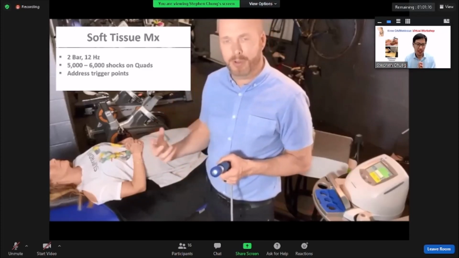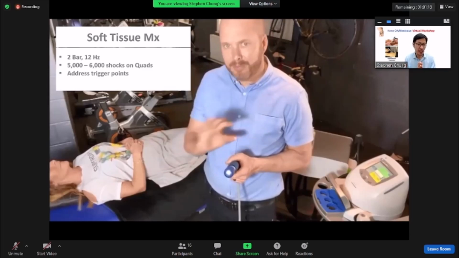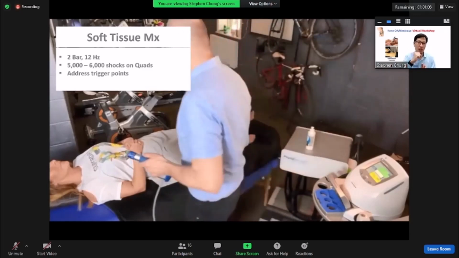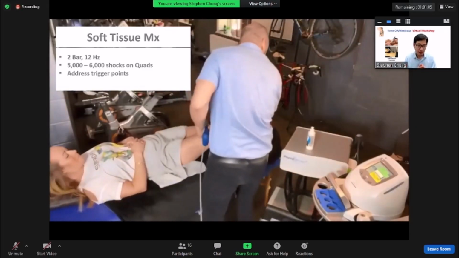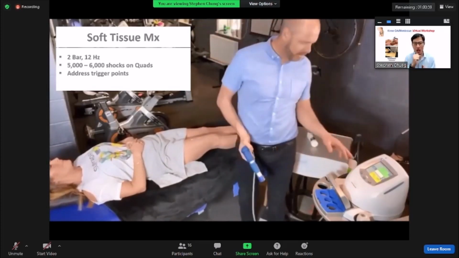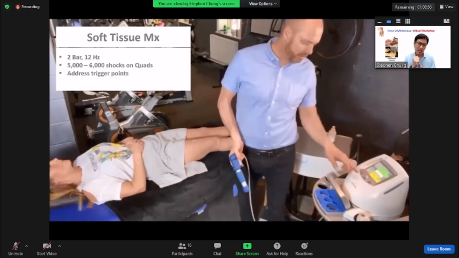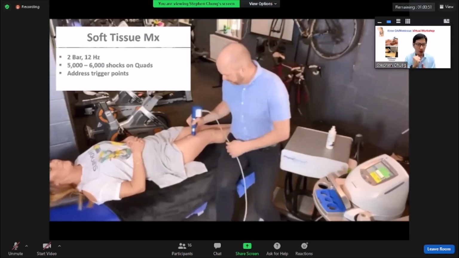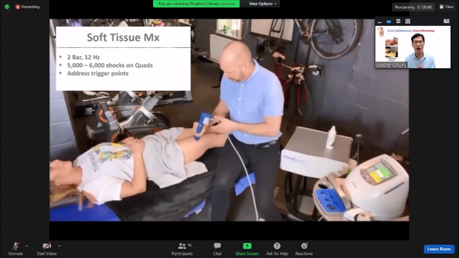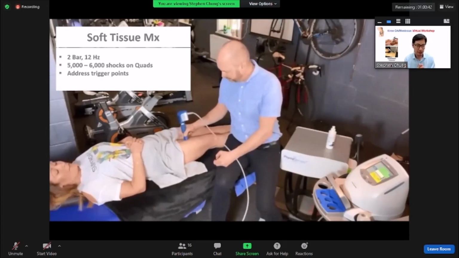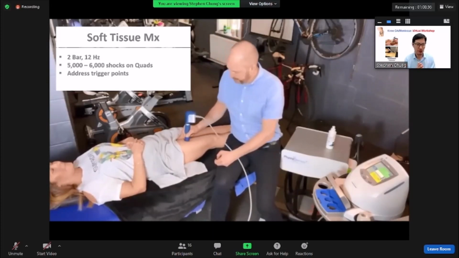Now, another note here, I know that most of you are very familiar with how to do a radial pressure shock wave treatment, just like doing some painting on the muscle groups. However, I would like to share a tip with you: while you are moving along the transmitter, if you come across any resistance, and at that point the patient becomes very sensitive to the shock wave, that would be the trigger points for that patient. And you may want to deliver another couple of 100 shocks at those trigger points before you move along to